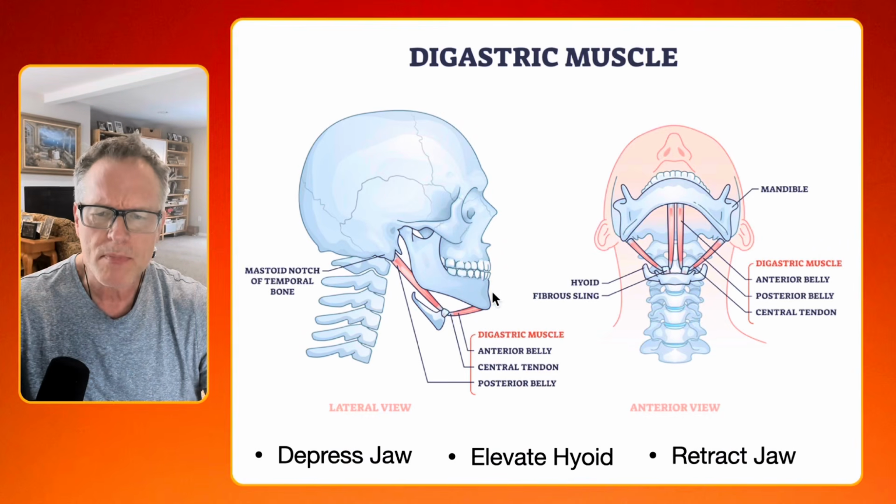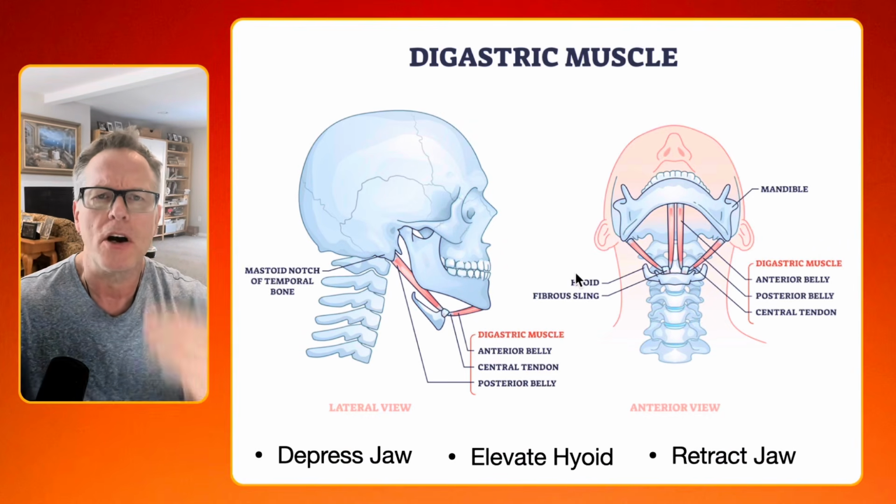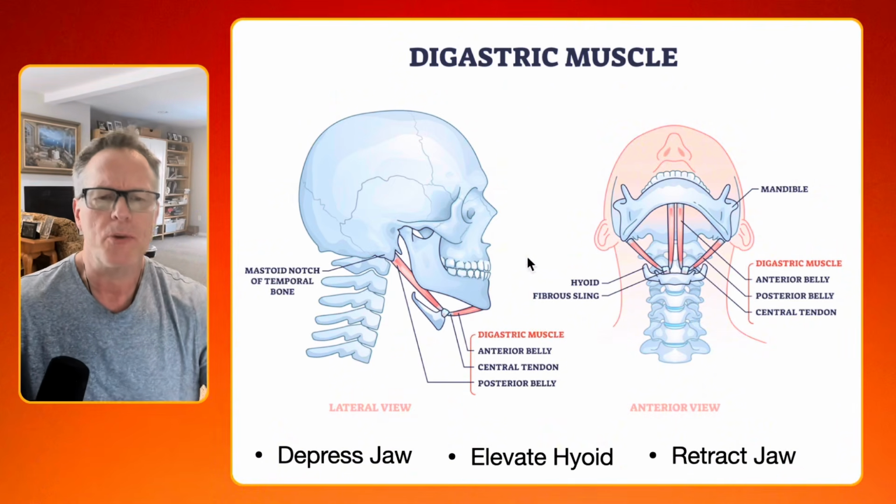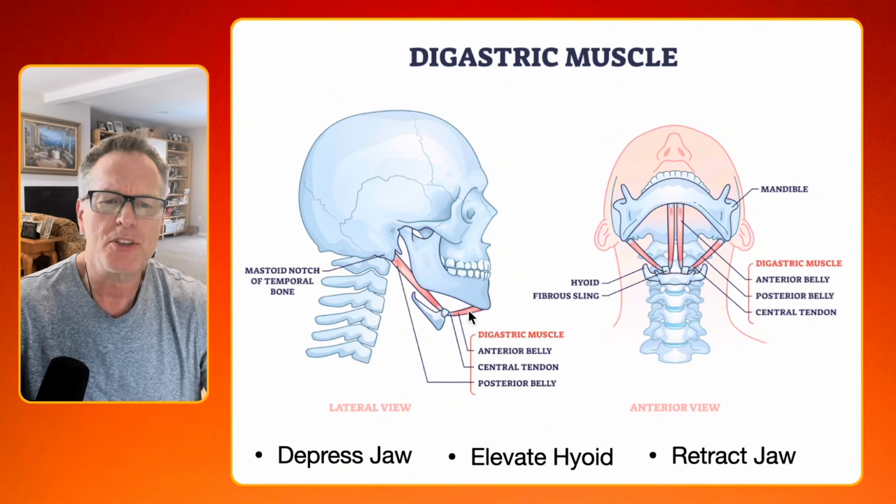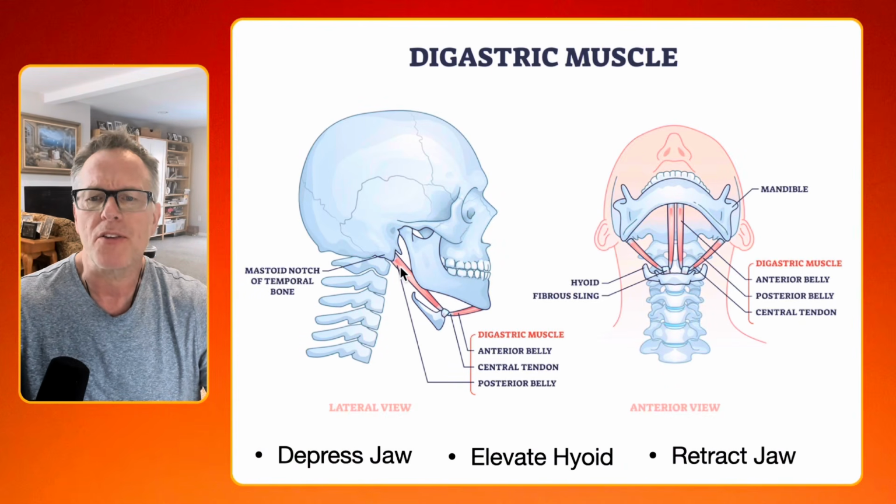hyoid. And it will retract the jaw. I mean, pull it back a little bit. And that makes sense too. If you shorten the anterior and you shorten the posterior, they'll pull the jaw backwards this way. I mean, you can see how that can really do a number on the skull itself, on the mandible itself,